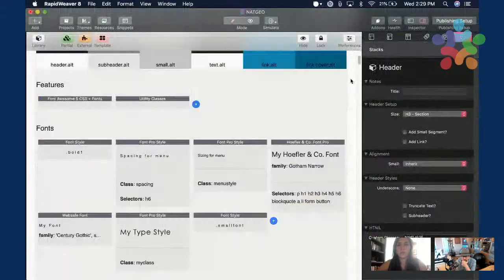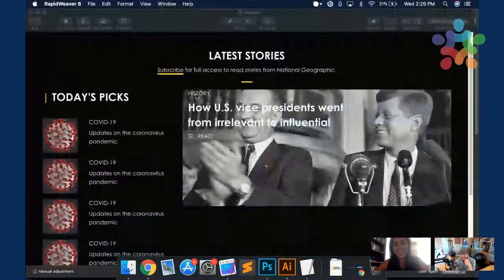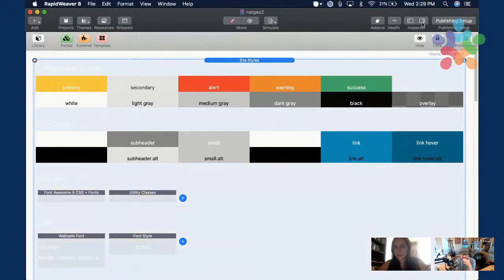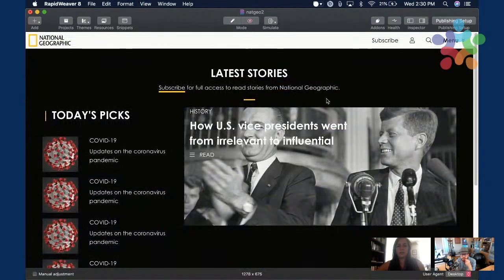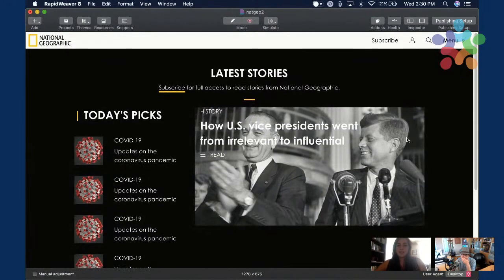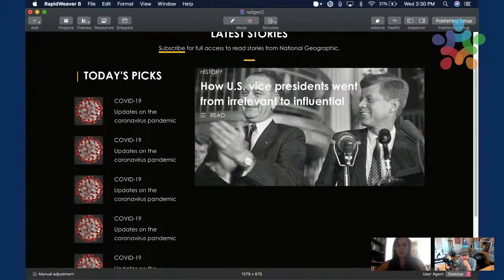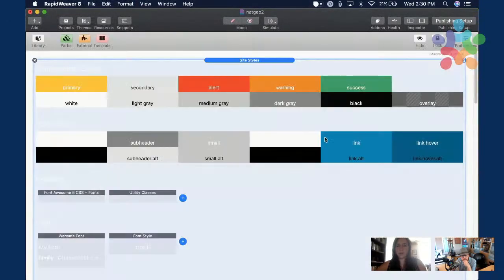I'm going to check how big I made it here. 1020 is my width, and here the default width is 1200. So that'll make it a little bit better. See? Oh, so much nicer. Yes, much nicer now.